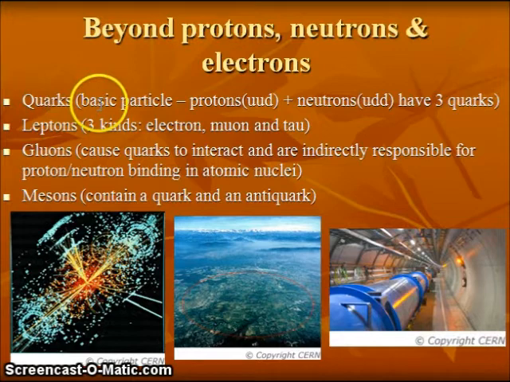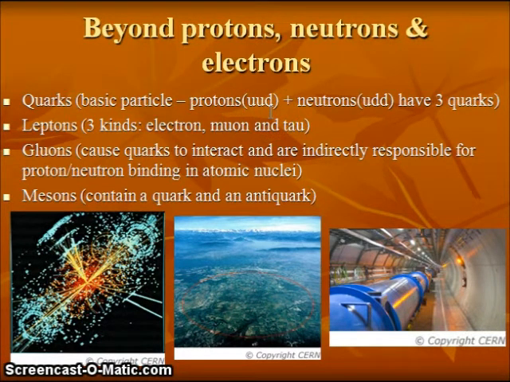Quarks are notable because they're a basic fundamental particle which makes up protons and neutrons. Protons are made of a combination of 2 up quarks and a down quark. Neutrons are made of 1 up quark and 2 down quarks. Because the different types of quarks have slightly different masses, that accounts for the slightly different mass of a proton and a neutron. An up quark also notably has a charge of +2/3, and a down quark has a charge of -1/3.